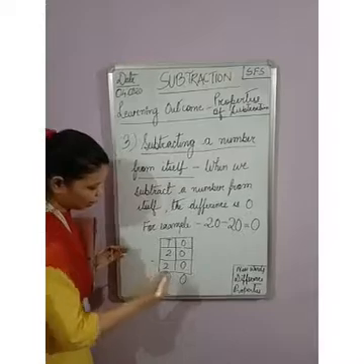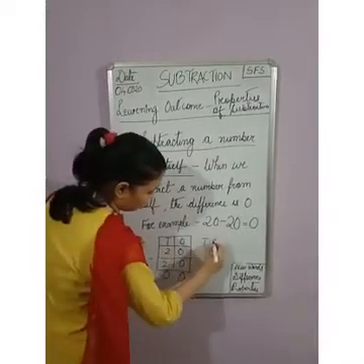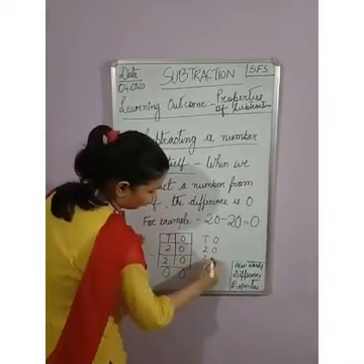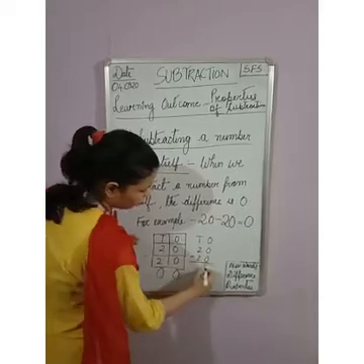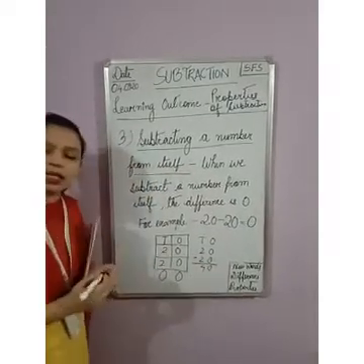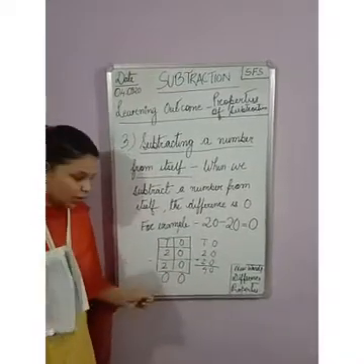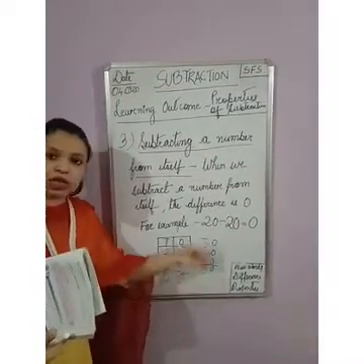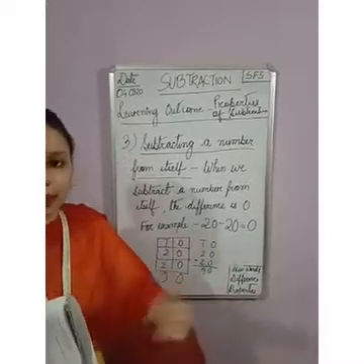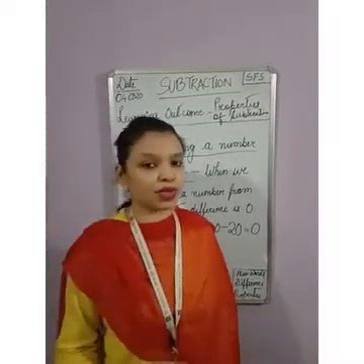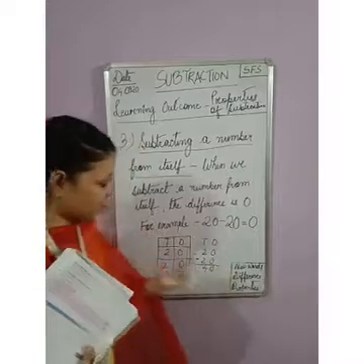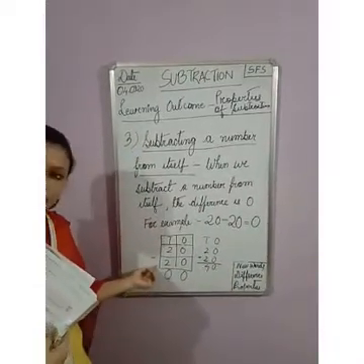Suppose the same number I am taking here, tens and ones. I have to add the number. Okay. So what do I get? 40. Now 40 is twice of 20. So for subtraction it becomes 0 and for addition it becomes twice the number. It becomes double. Okay. So that is the difference between addition and subtraction. The sign for subtraction is the minus sign.